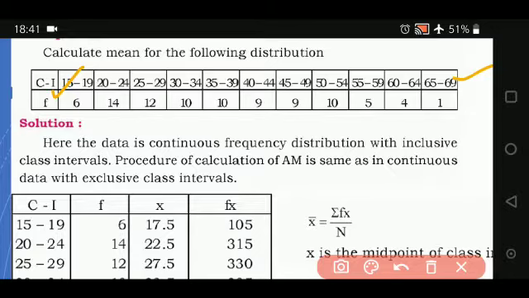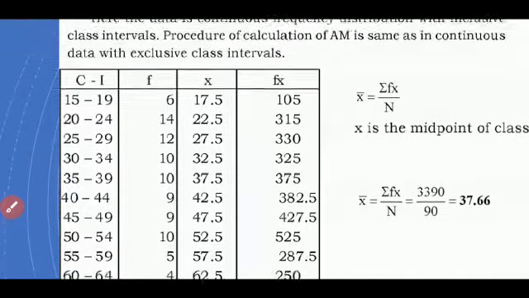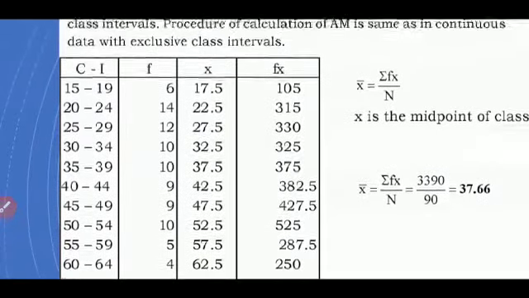From this also we are taking only the midpoint. If you have to calculate arithmetic mean or geometric mean or harmonic mean, inclusive and exclusive is okay because we are only dealing with the midpoint. But when the lower limit and upper limit comes, that time we have to convert inclusive to exclusive class interval. So the class interval by direct method they have shown here.